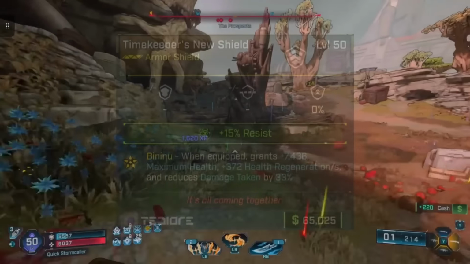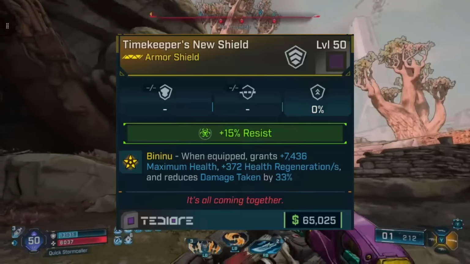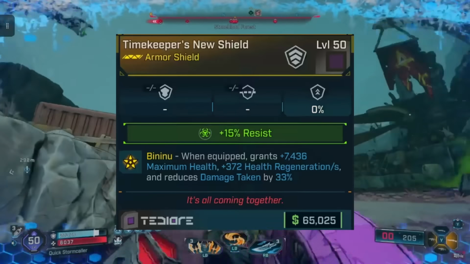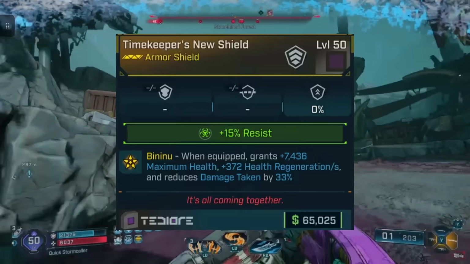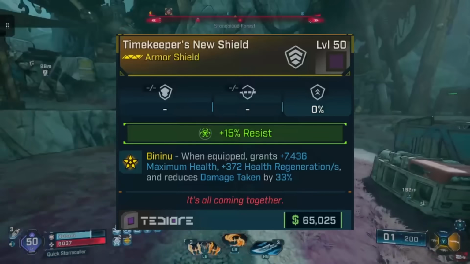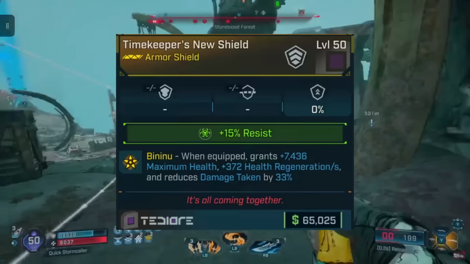And secondly, I wanted to talk about the TimeKeepers New Shield, the return of the Rough Rider Style 0 Capacity Shield. Its ability gives you 7,436 max health, and then a nice 372 regen per second, and minus 33% damage taken. It's perfect for Vault Hunters who have skills that rely on shield depleted to be active, you know